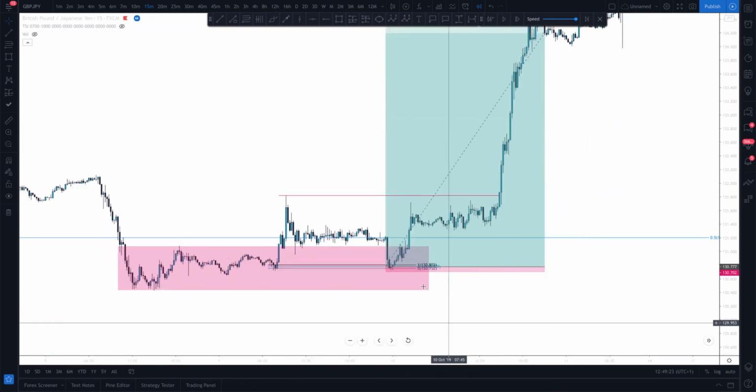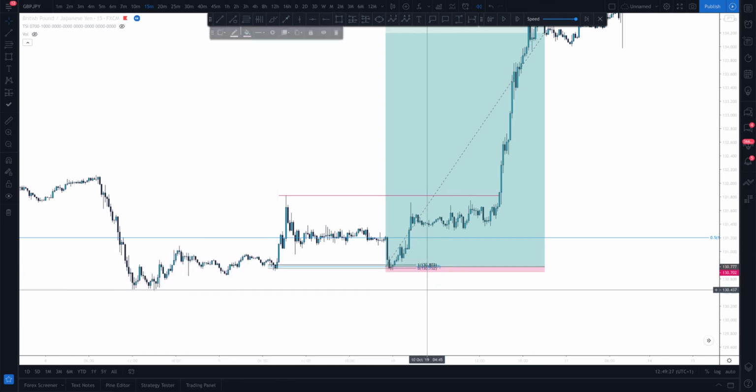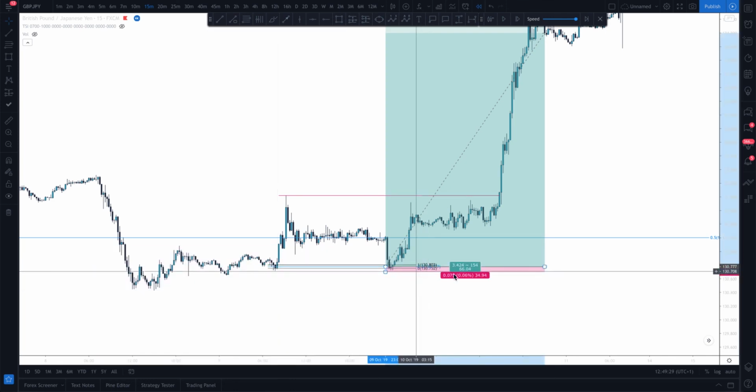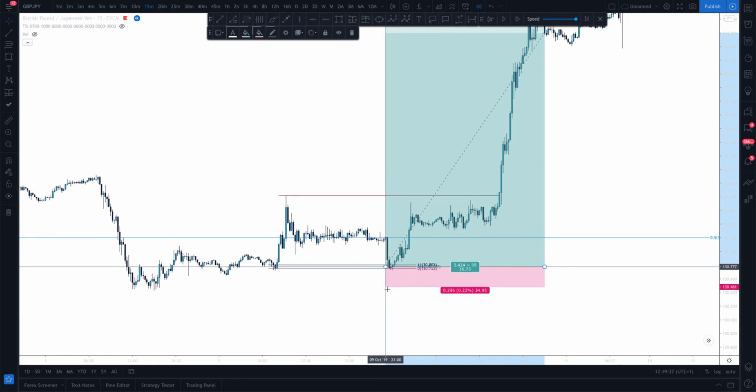We knew that price was going to come back into the 50% before moving higher. Knowing that, we managed to take a trade with a 7.5 pip stop loss. Whereas if this was 30 pips,